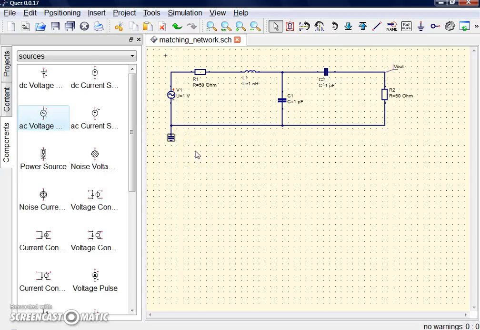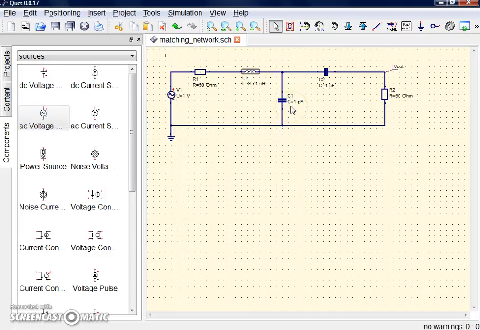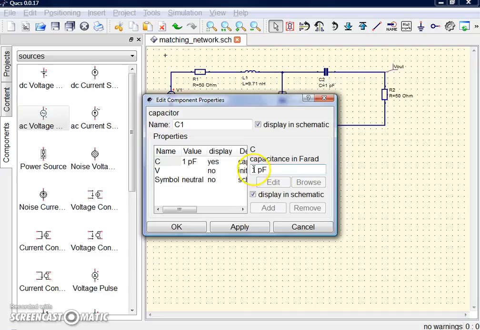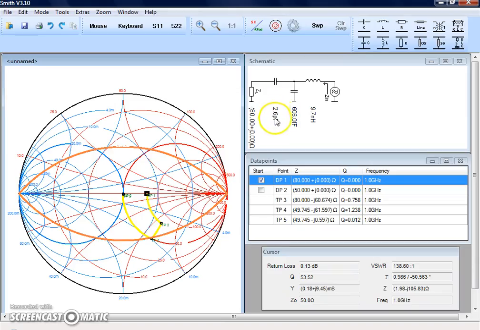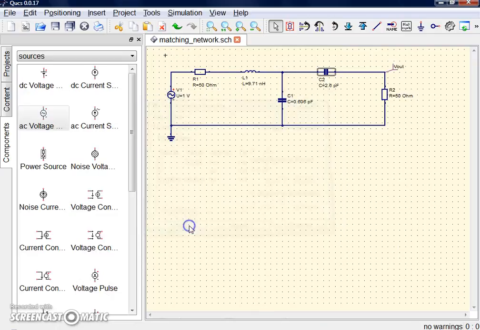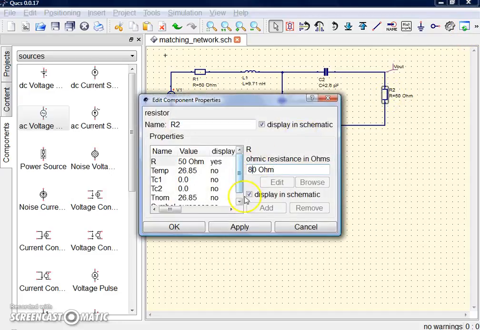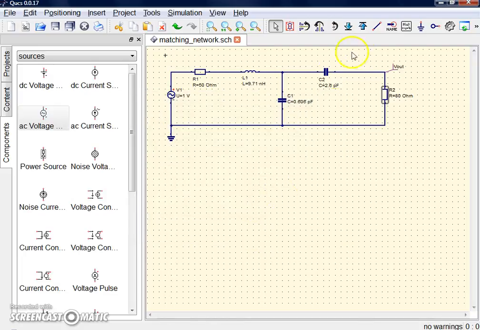So once we draw the circuit, you can change the values according to the values obtained using the previous software, Smith. So this should be of around 0.606 picofarads, and this should have a value of around, let me go back a bit, so it should have a value of 2.6 picofarads. And finally, this should be 80 ohms. We save,